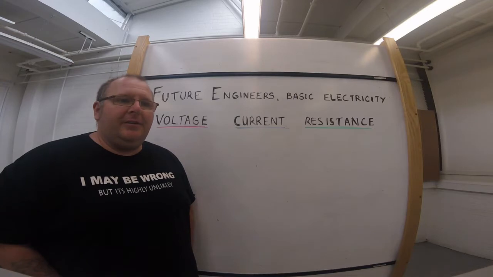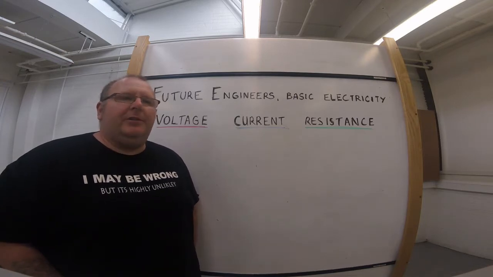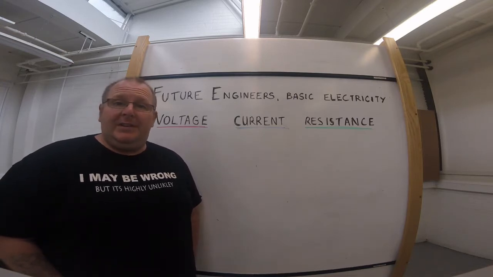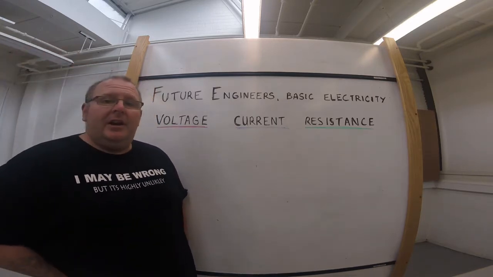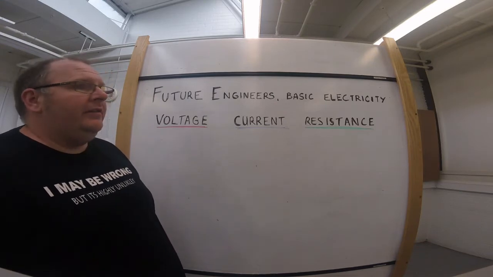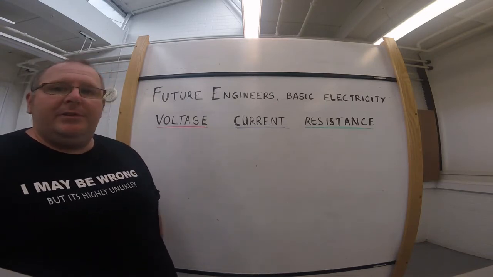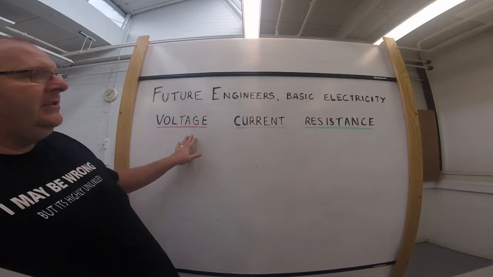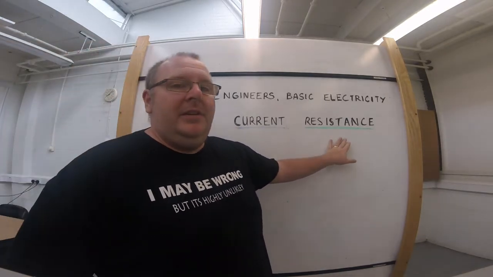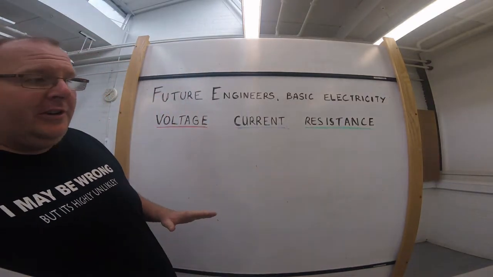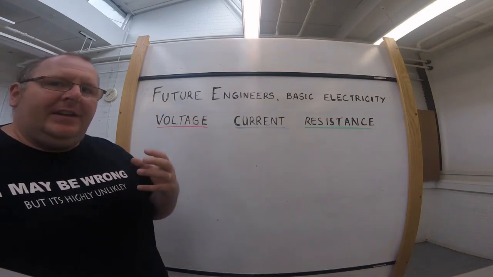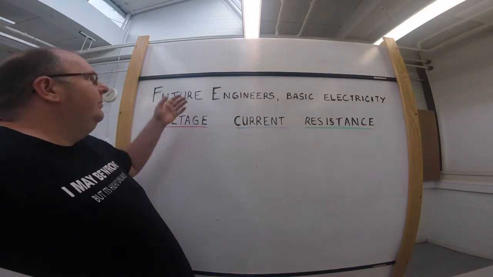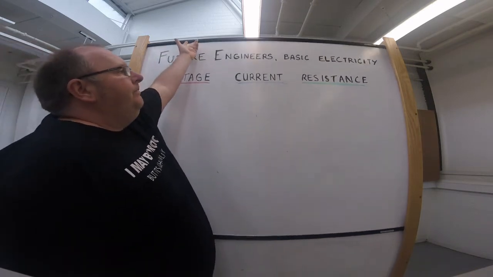Okay, so we can start by having a look at the quantities, the main quantities of electricity. So by the end of this lesson, I'm hoping that you will have a reasonably good understanding of what each of these three terms mean. But in order to begin on that journey, we need to have a look at what electricity actually is. So if I pop the board up a little,